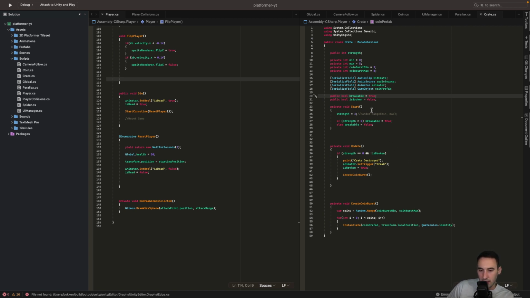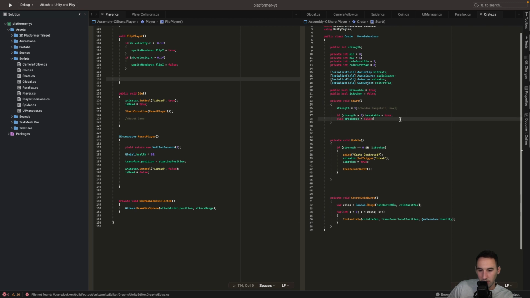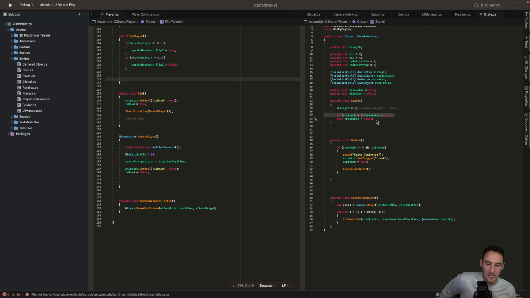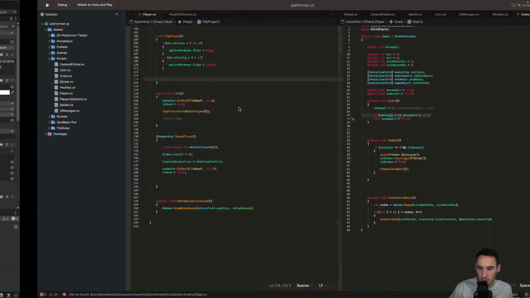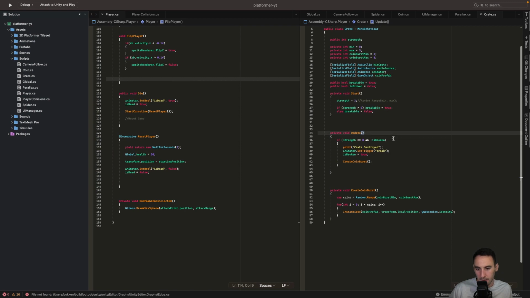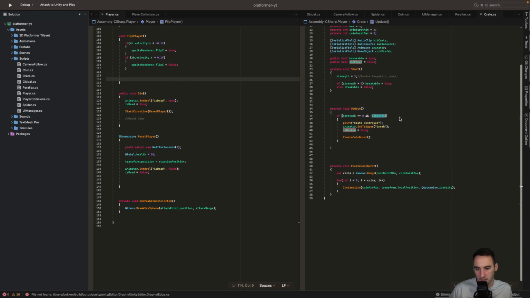So when we start the game, we go and set the strength to equal 0. If the crate strength is greater than 0, then the crate now becomes breakable, which is good. If it's not, then it's obviously not breakable. So every time that crate in the scene with this one here should be breakable because we set it to 3. And then in our update method, if the strength is equal to 0,